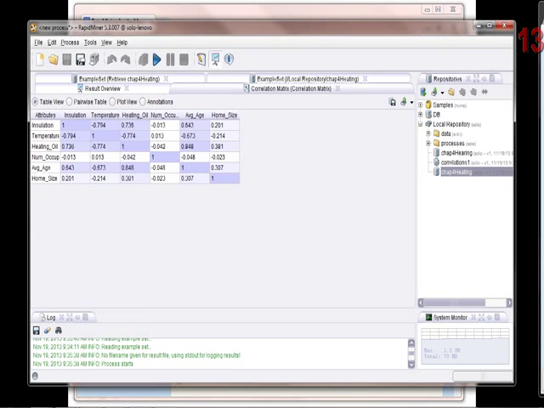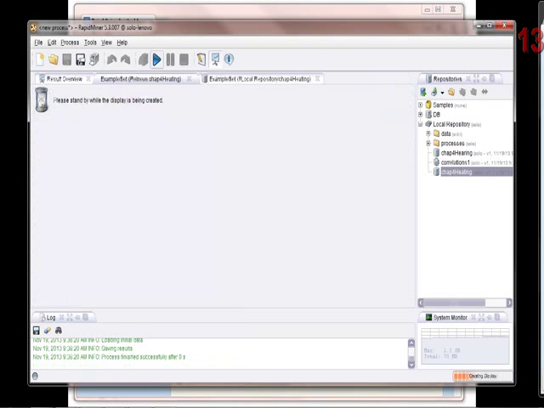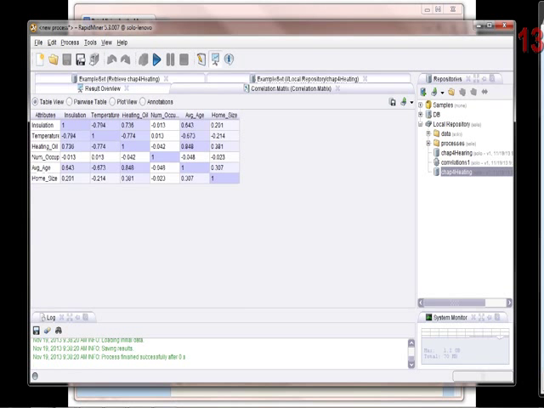If you notice, the diagonal elements are all 1, so that means correlation is 1. And you can tell why, because if you run a correlation between insulation and insulation, you would of course get 1. Okay, I think I messed it up. Let me just go back and run this one. Very good. Okay, so these diagonal elements are all 1 because the 1 represents correlation between insulation and insulation, or